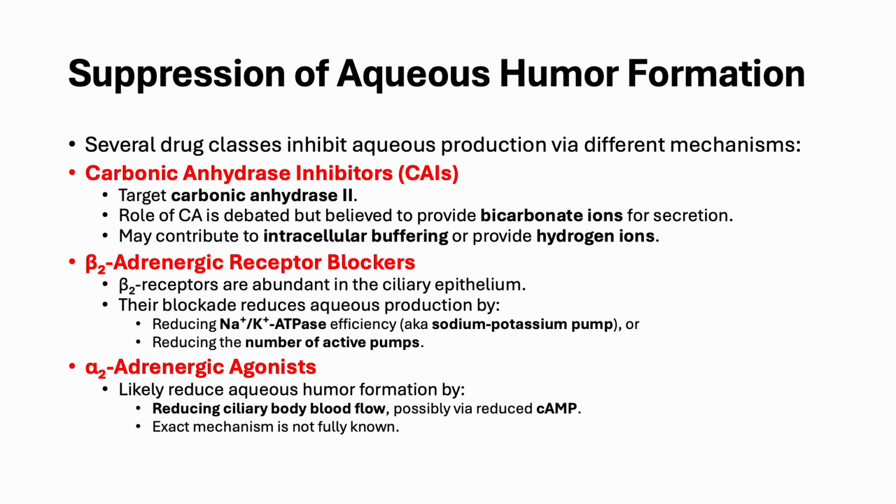Finally, alpha-2 adrenergic agonists are also used. These are believed to reduce aqueous humor production primarily by reducing ciliary body blood flow, possibly through a reduction in cyclic AMP levels. However, the exact mechanism remains not fully understood. Together, these drug classes provide pharmacologic strategies to manage elevated intraocular pressure in glaucoma by limiting aqueous humor production at